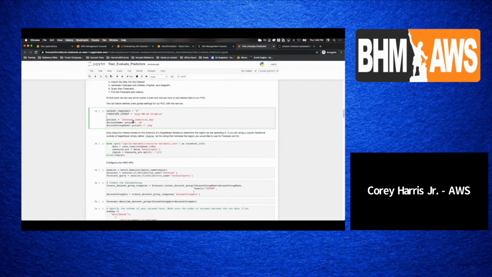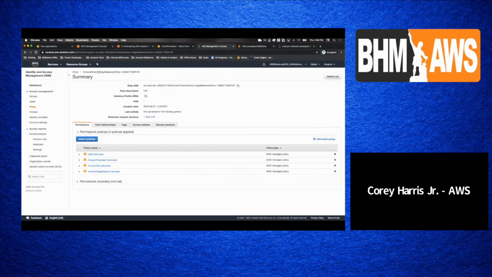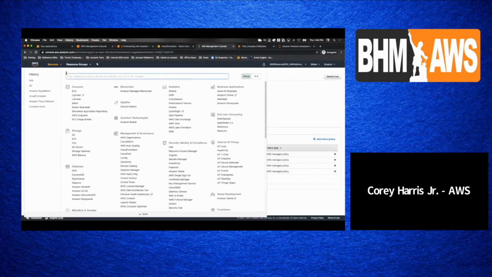Here's the data set name. I'm going to call it project and then append _DS for data set. And then here's the data set group name, project_data set group. So pretty standard stuff. And just for giggles, what's really going on is if I go to forecast now,